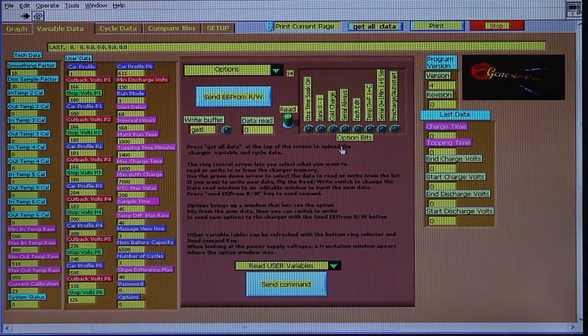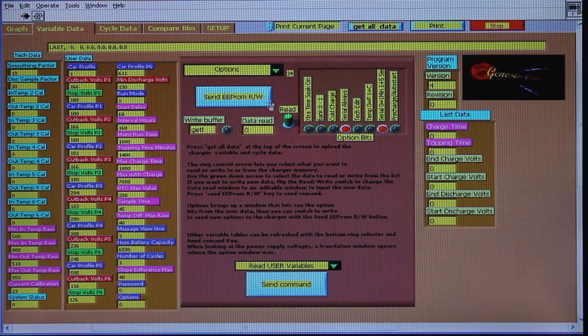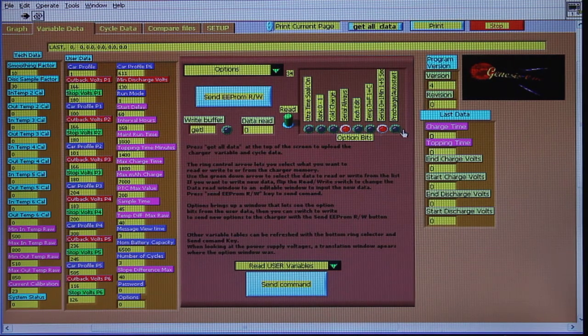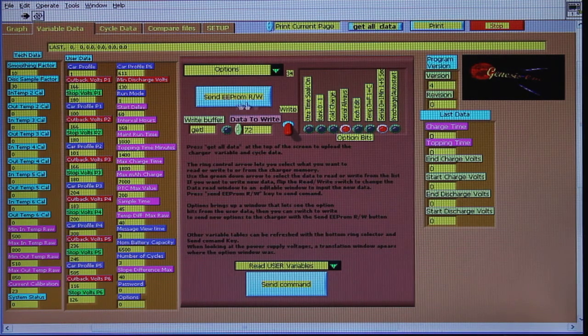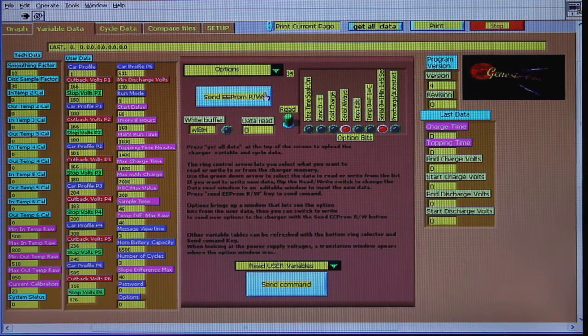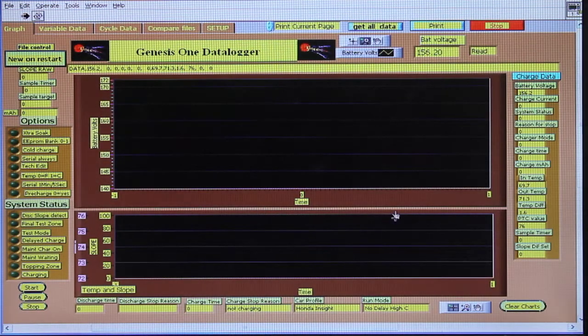So the next thing to do is decide if you want serial to be sent always and in 5-minute increments or 5-second increments. Now this is what I want. What's there is a 0, which is basically all of them are off. So we go down here, and the 72 is the translated version of this information, and to write it to the EEPROM, you do that, you hear a beep from the charger,